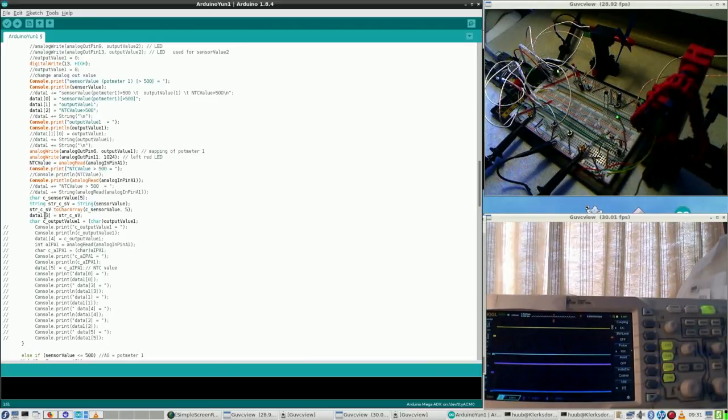Then in the previously defined array data 1, cell 3, you have 1, 2, 3, etc. In this case I have 21. So in cell 3, which is actually cell 2 because you start from 0, then you store this value.